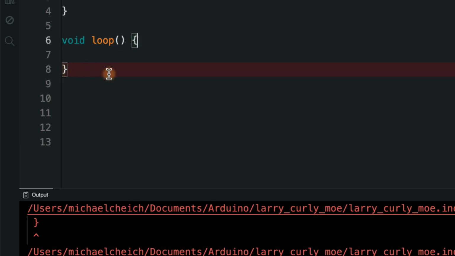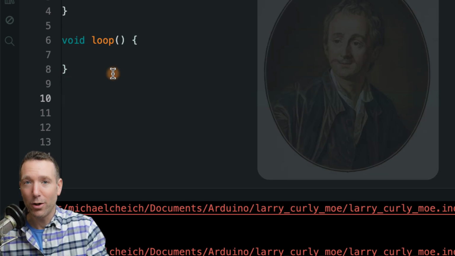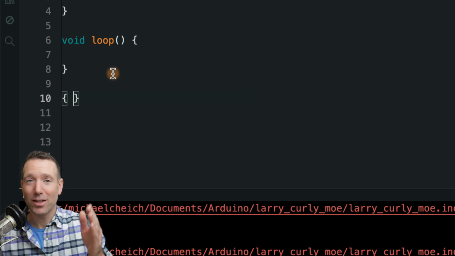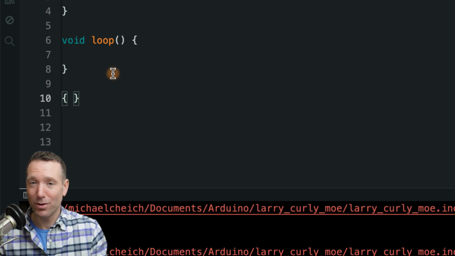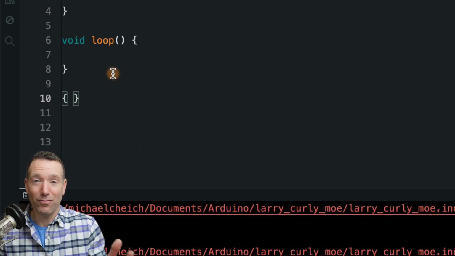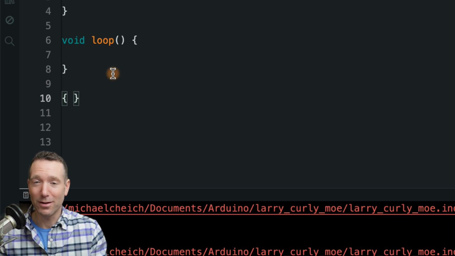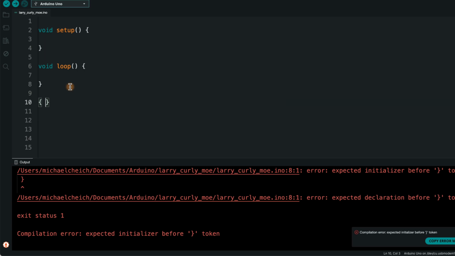They're matched. So in C, C++, and Arduino, when you type an opening curly brace, there's got to be a matching closing curly brace. And what probably happened as you were writing your code is that you accidentally forgot to write an opening curly brace, or you got mixed up with all the opening and closing, and you're like, what's going on, you know? So to fix this error, all you have to do is find where you missed your